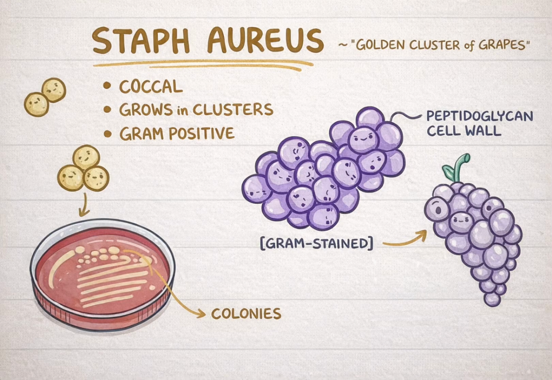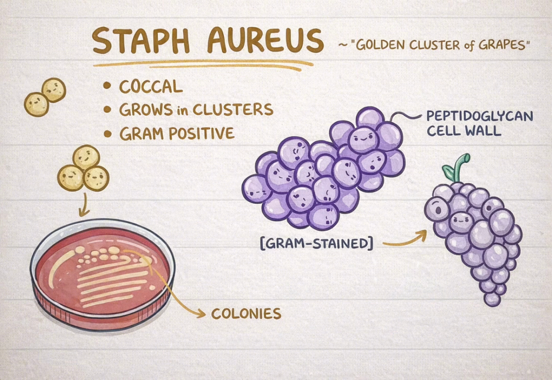Okay, so let me explain Staphylococcus aureus in a way that's easy to understand. First of all, Staphylococcus aureus is a type of bacteria that is round in shape, which we call cocci, and it grows in clusters. A really helpful way to picture it is like a bunch of grapes. In fact, its name literally means golden cluster of grapes, which actually makes a lot of sense when you see